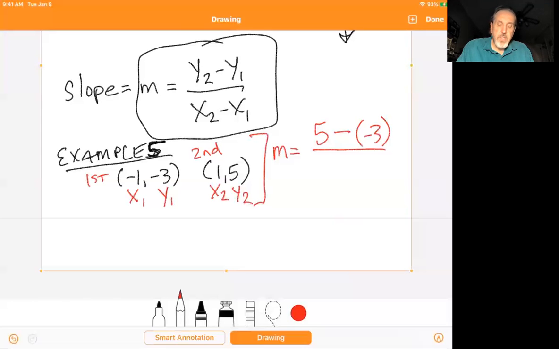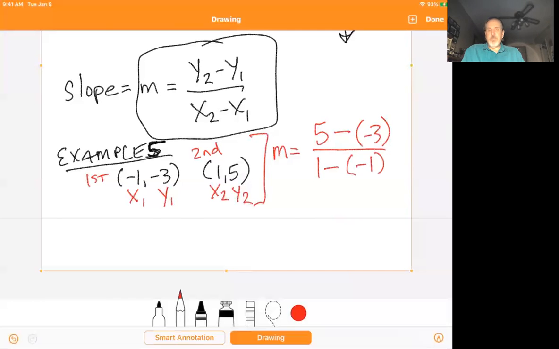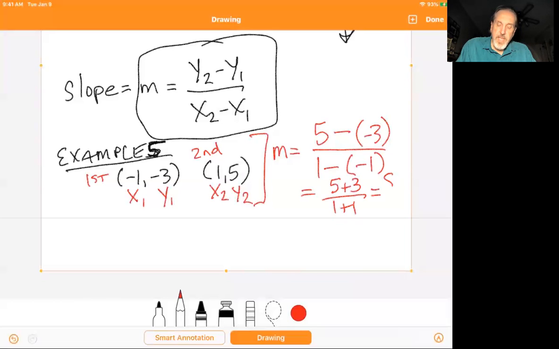I'm going to put it in parentheses just to remind myself that it's a negative number. And then the x2 on the bottom is 1, minus x1 is -1. Okay, very important that you're careful with those signs, because we know that when we subtract a negative, it's the same as adding a positive. So this is really going to be 5 plus 3 over 1 plus 1, which is 8 over 2, which